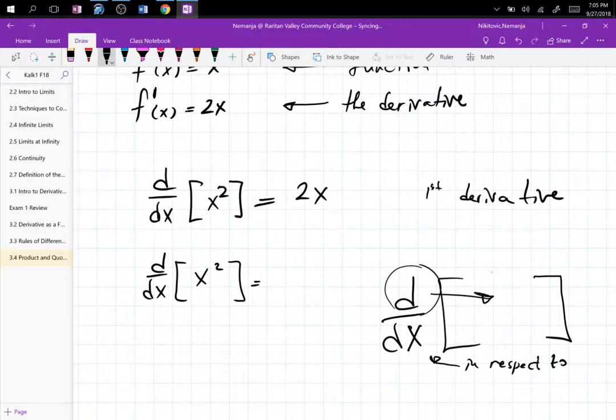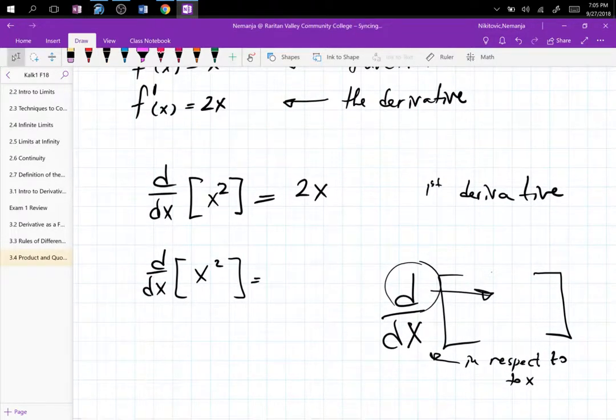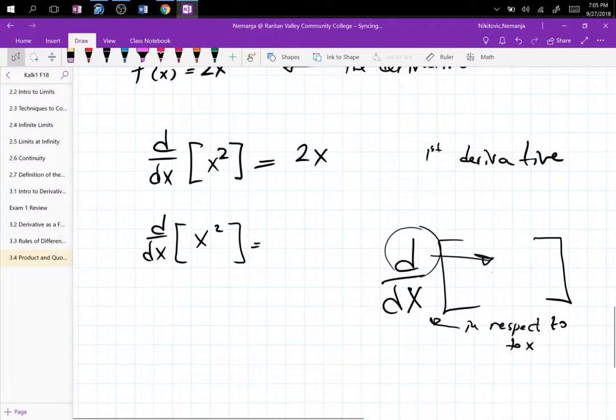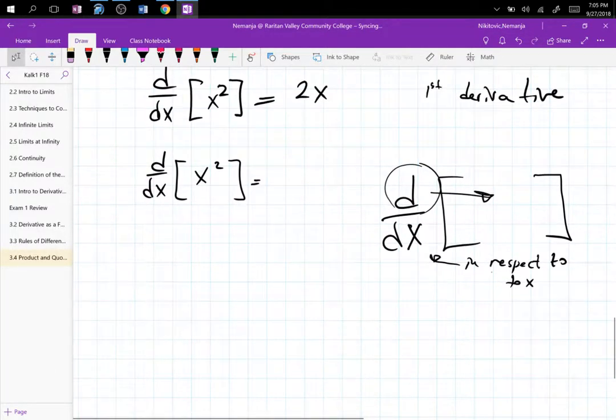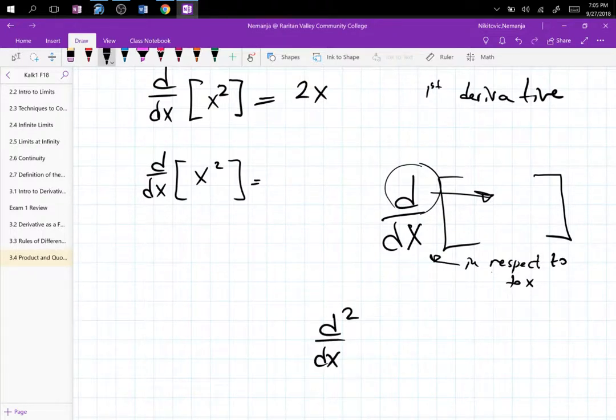So, in respect to x. Good. Okay. So let's go. If this is the instruction, d dx, then we have this to be the two consecutive derivatives. And it should make sense, because